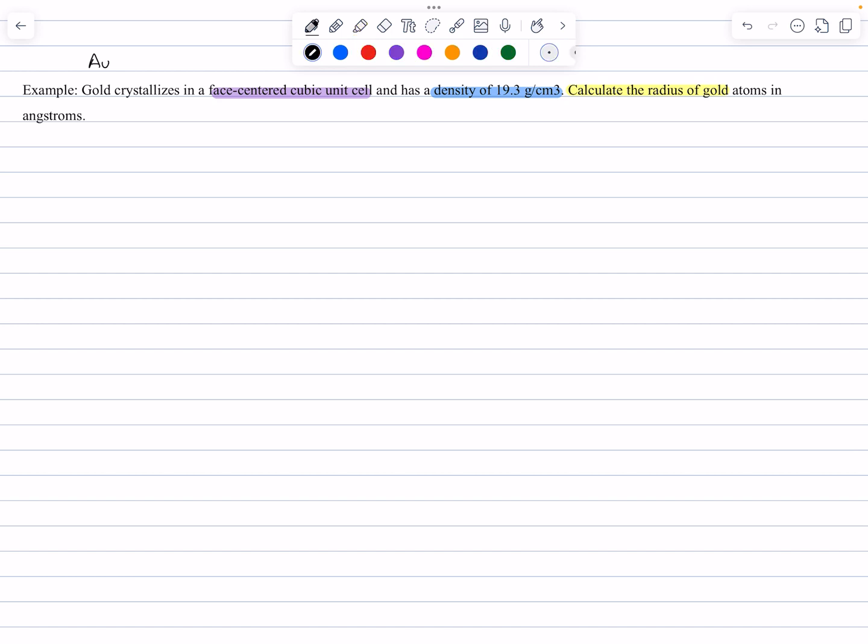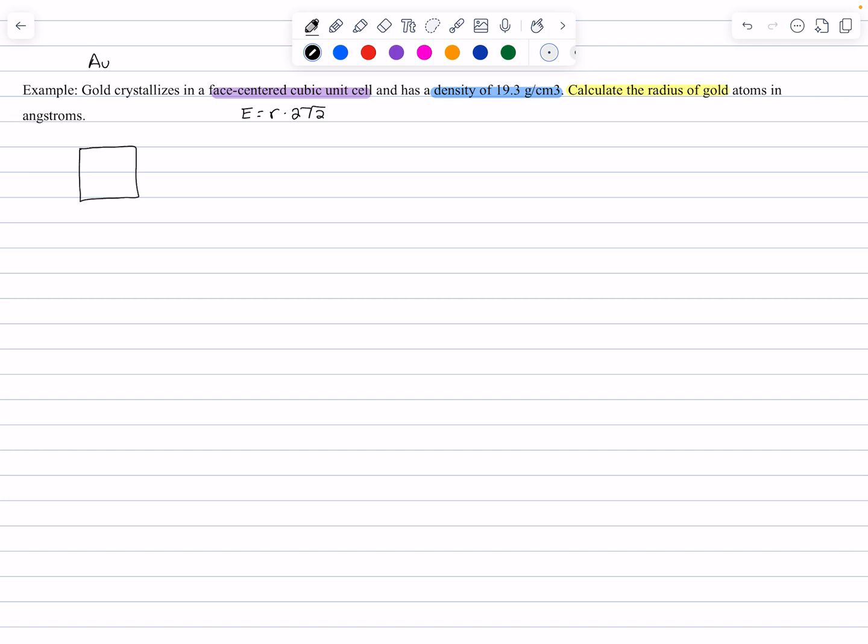All right, and so face-centered, that means the edge on a face-centered cubic cell is the radius times 2 times the square root of 2. Now, one thing we need to know is how many atoms are in a face-centered cubic unit cell. And so when we talk about a face-centered cell,